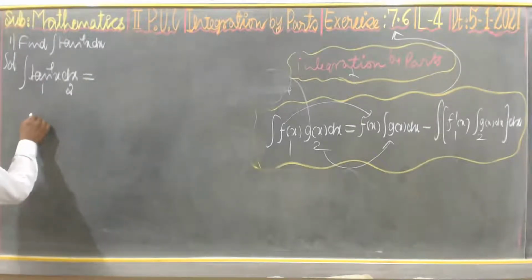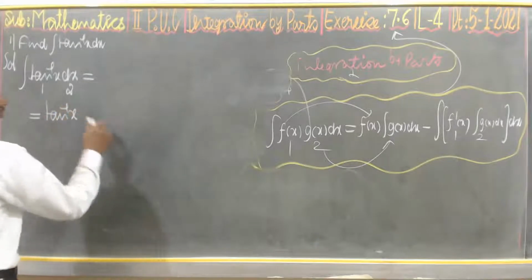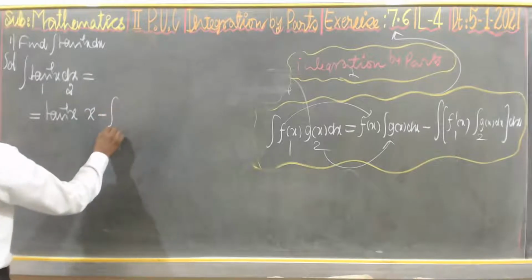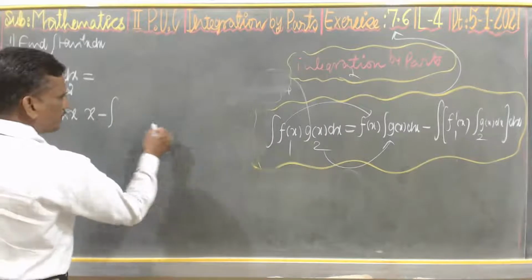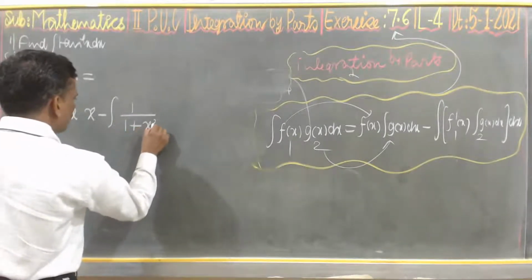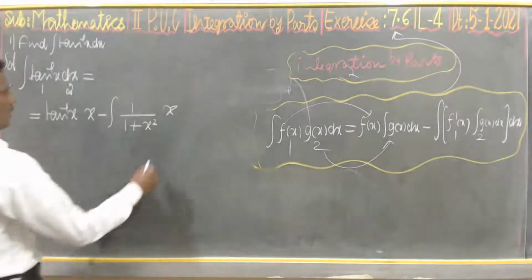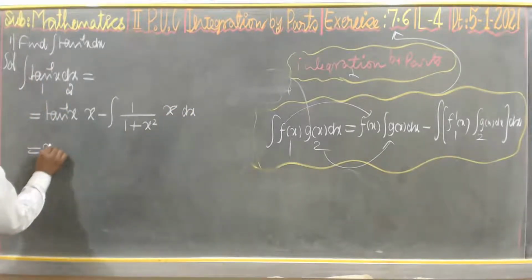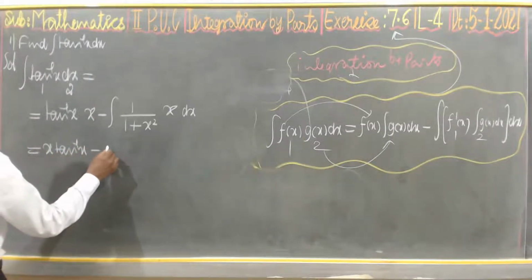According to the formula, that is equal to the first function, tan inverse x, as it is, times the integration of dx, which is x, minus the integration of the derivative of the first function, tan inverse derivative, which is 1 divided by 1 plus x square, times the integration of dx, which is x, and dx. This is equal to x tan inverse x minus the integral of